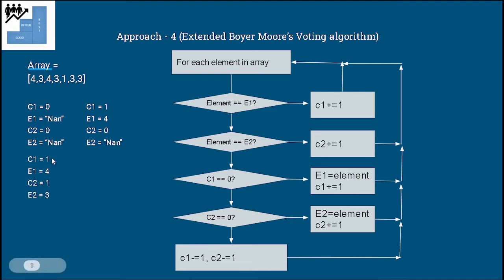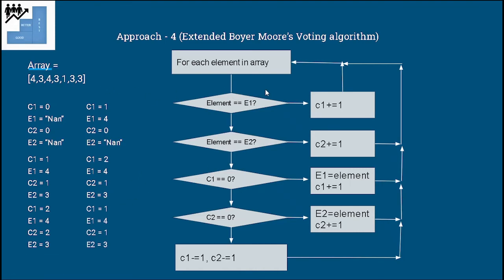Now the next element is 4. It will match with E1, hence it will go to this particular situation. So C1 will become 2, E1 will remain 4, and we go to the next element, which is 3. With this, C2 will go to 2 and E2 will remain 3. The next element is 1, and since 1 is neither equal to E1 nor E2, and C1 and C2 both are non-zero, the frequencies of C1, C2 are subtracted by 1, as you can see,